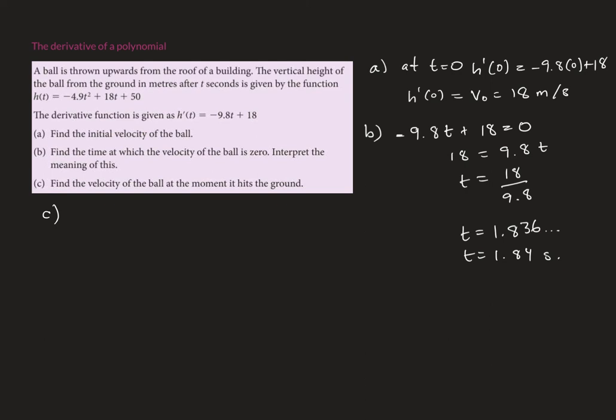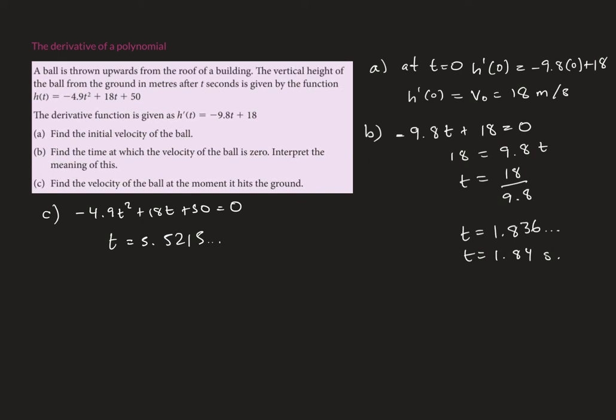Finally, C, find the velocity of the ball at the moment it hits the ground. To know when the ball is going to hit the ground, we need to know when the distance from the ground is going to be 0 meters. So we need to find first at what time that happens. So that means we need to build the equation minus 4.9t squared plus 18t plus 50 equal to 0. And I'm just going to use my calculator to find that t is